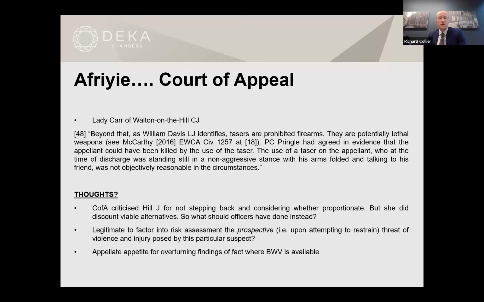My view on this, though, is that the Court of Appeal, with complete respect and deference, got it wrong, because they criticised Mrs. Justice Hill for not stepping back and considering whether the use of taser was proportionate in the circumstances. But what the Court of Appeal didn't do was go on and say what the officers should have done. And to my mind, Mrs. Justice Hill better